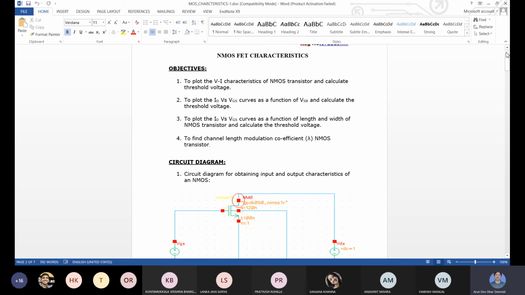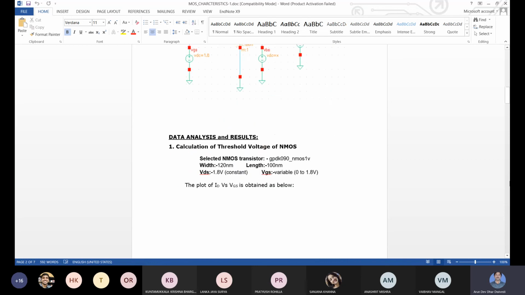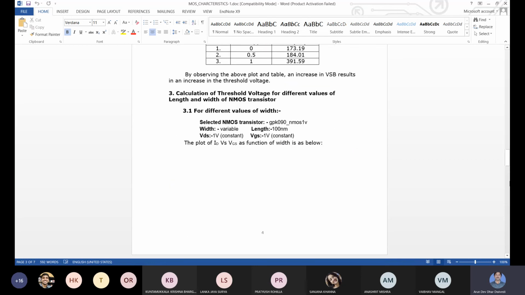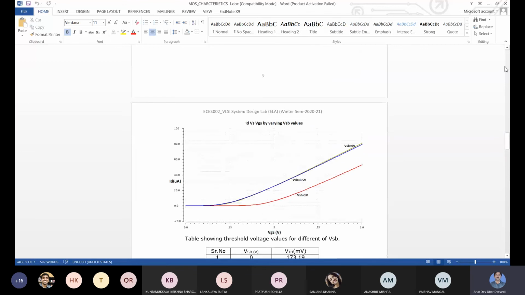So this is the sample format for task 1. Similarly for other tasks also you can follow. Here too many tables and other things are required, but in other circuits like NOR gate, NAND gate, only the truth table will be more important, and then the circuit, and then the input and output waveforms.